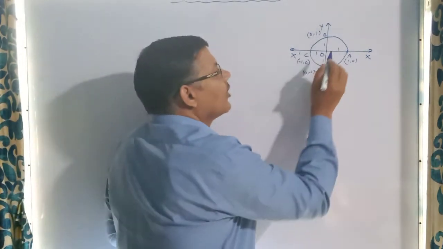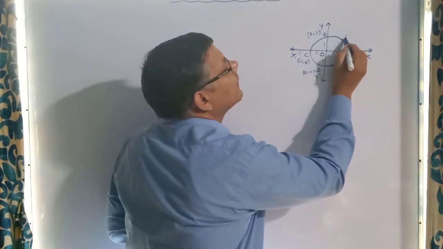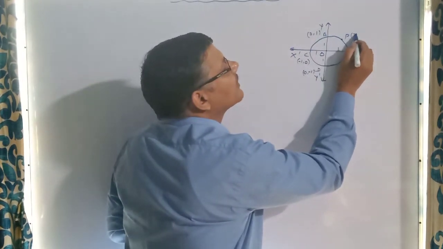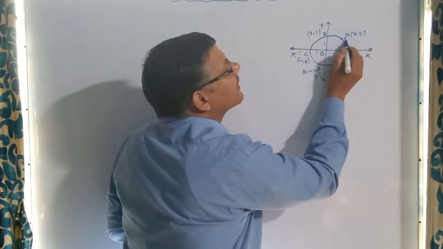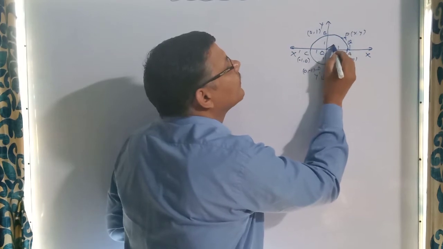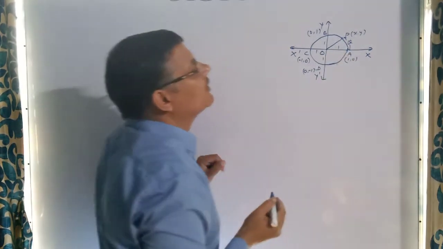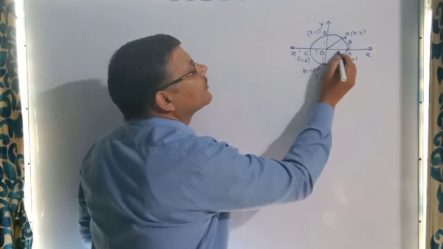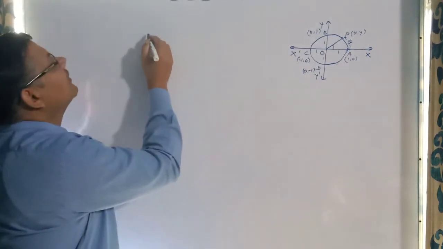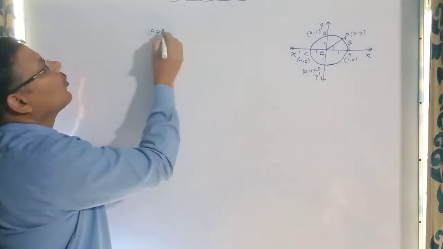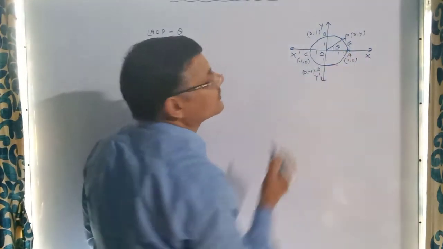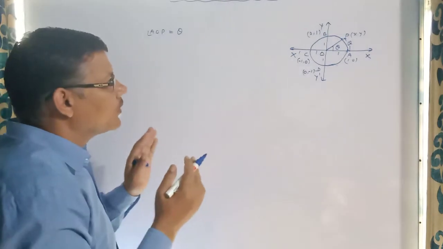Now considering a point P which moves from A, takes the position at this point, and whose coordinates are x, y, such that the length of this arc is theta. By using the formula theta equals L by R, we get this angle. This angle AOP is equal to theta radian. Now we are required to get the values.